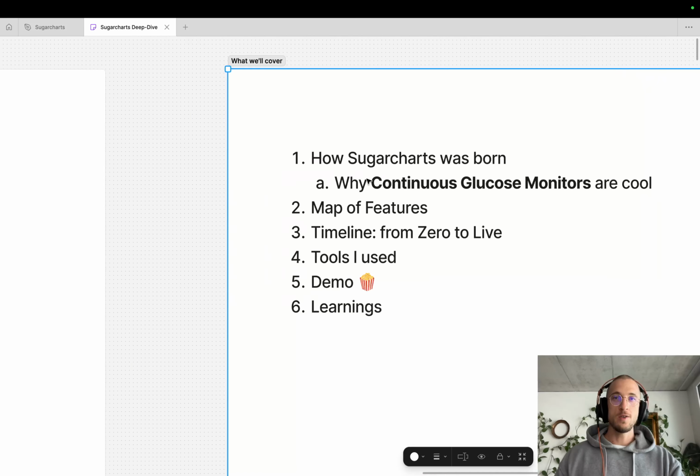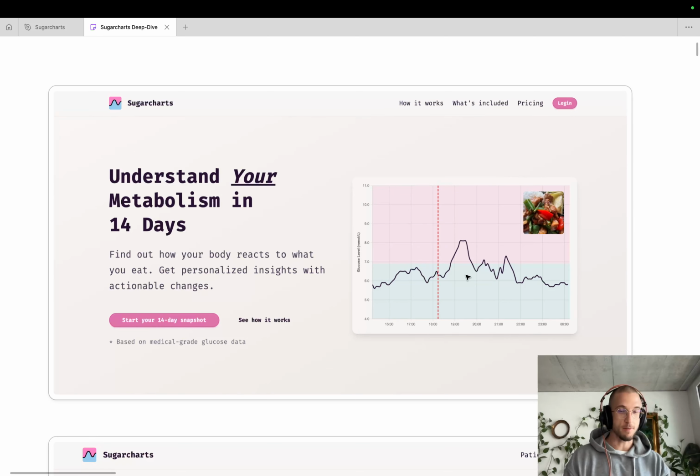So first, how was SugarCharts born? What are continuous glucose monitors? Maybe that's even a better point to start. So around 2 years ago, I discovered continuous glucose monitors, which are these little sensors that go under your skin, and they send real-time blood sugar data to your smartphone. And this is really cool, because it's basically having a real-time API of your body. So you eat something and you see how your body reacts to it, how much glucose is in your bloodstream, which in turn leads to